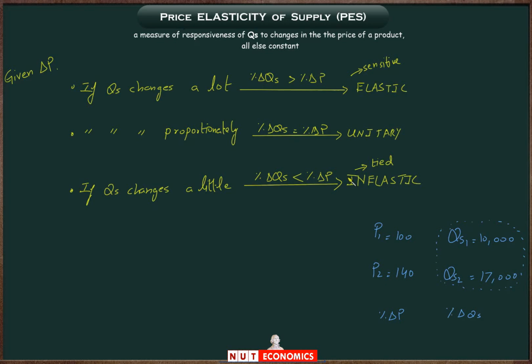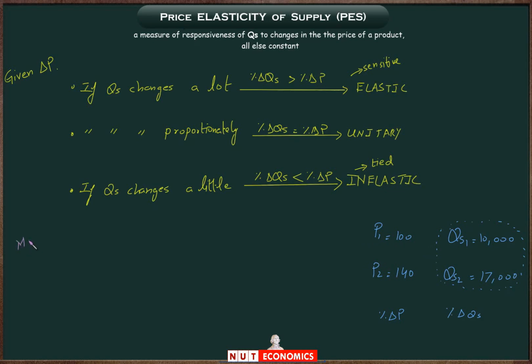Farmers need quite a lot of time before they can react in terms of whether they will bring more or less to the market given a change in price. Anyhow, we will talk more about why agricultural commodities have an inelastic supply and what's the problem that it leads to. That is an important thing. But now let me just give you the maths of this whole concept of price elasticity of supply, which we can do very quickly because it's the same ideas, the same concepts that we used in price elasticity of demand. We just modify them and apply to the producer side.